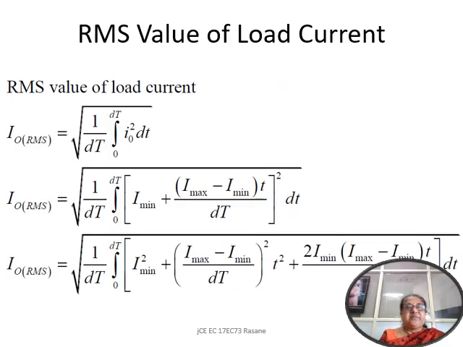Now to find the RMS value of the load current. The RMS value of the load current is basically got by taking the root and the square term of the I naught that we have just derived. So I naught squared integrated between 0 to T on, 1 upon dt, that is T on time, because for the RMS value we are taking the current flowing from 0 to T on. Then I replace I naught squared as I minimum plus I max minus I minimum upon dt into T, under the whole squared, under the root sign.